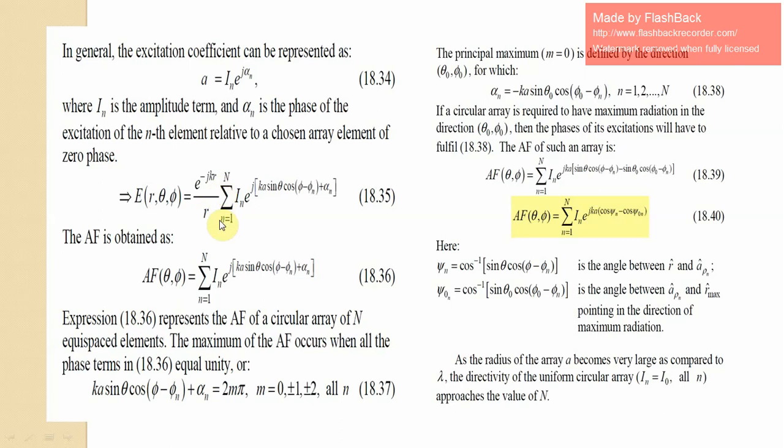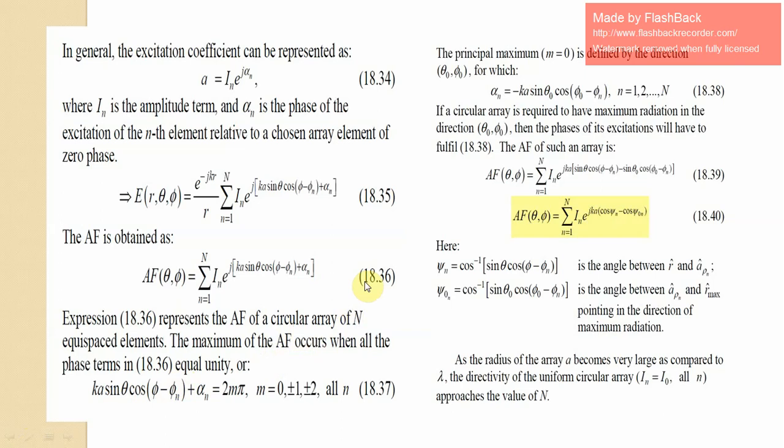e raised to j k r upon r into the summation of n equal to 1 to N of I of n e raised to j of that value, and the array factor is represented here. Now from that equation, expression 18.36 represents the array factor of the circular array of N equispaced elements, because there is no loop, it will be equidistant. Basically there is equidistance along the x and y axis in the case of the planar array, but here along the planes. That's why the maximum of the array factor occurs when all the phase terms